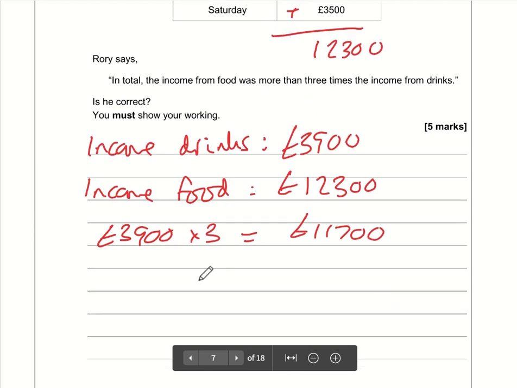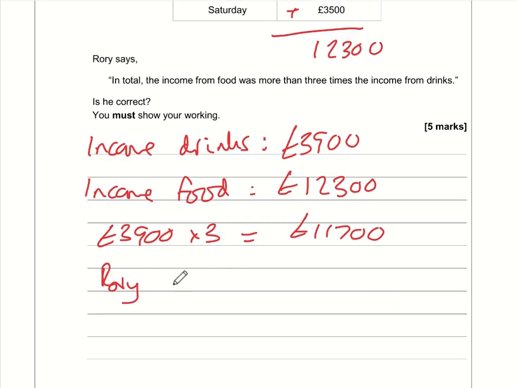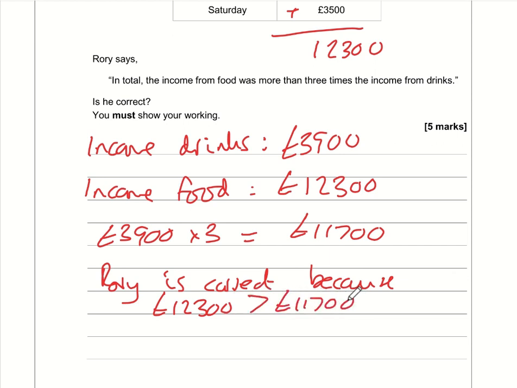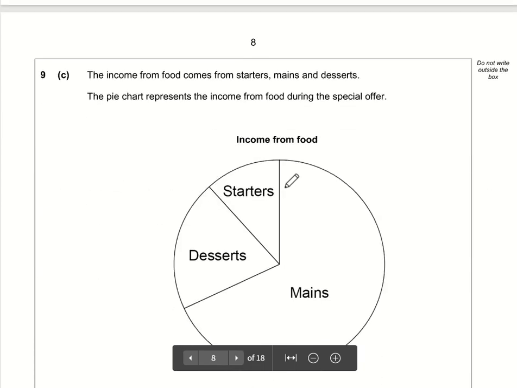So Rory is correct. So we can just say Rory is correct because the income from food, 12,300, is greater than 11,700, or we could say it's a certain amount, £600 more than 3 times the income from drinks, something to that effect. Okay,